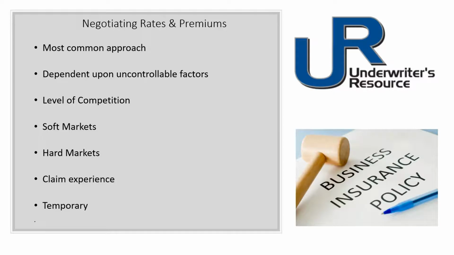An agent or broker's ability to negotiate rates down to lower levels depends on the level insurers are willing to compete for this risk. With fewer players, it becomes more difficult to drive rates down. With more competing carriers, you often see almost free-falling rates as insurers are aggressively seeking to expand their premium writings. Soft market conditions are markets where the insurance carriers have excess capacity and are usually experiencing positive results. Sometimes it's favorable underwriting results, sometimes it's favorable investment results. Insurers seek to maximize their profits by writing more premium through writing more clients.